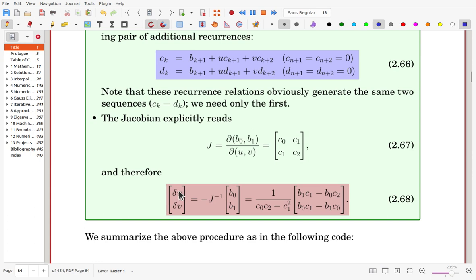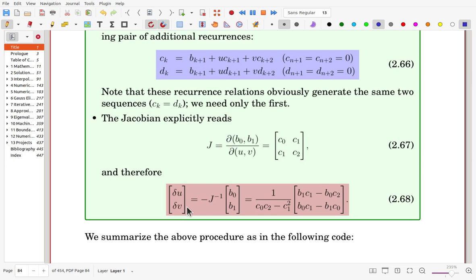So here, delta U, delta V, and Jacobian inverse can be easily gotten. Now, by using this recursive formula, the Jacobian can be easily gotten, and by using delta U, delta V, you can update U and V,